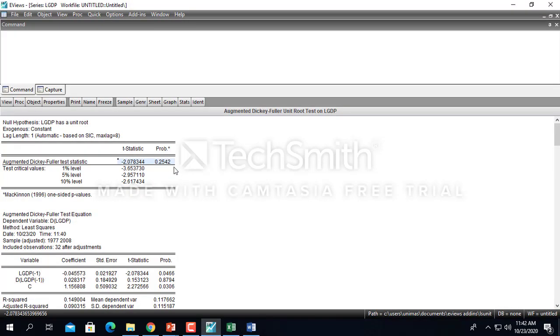Follow what you understood in your previous class, especially how to interpret the probability. If we use 5%, it's not rejected. 10% also not rejected. 1% surely not rejected. So not even rejected at 10%. What's the null hypothesis here? You see that, read the null there. The null says that LGDP has a unit root. Has a unit root,